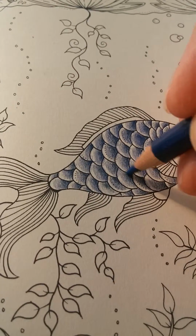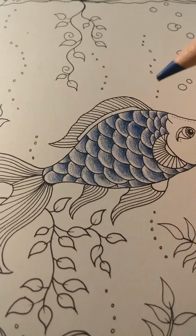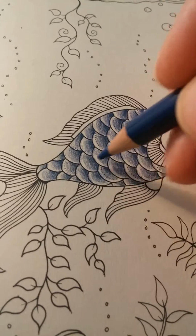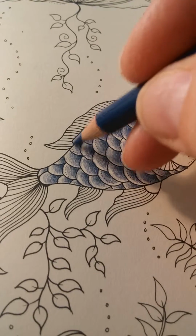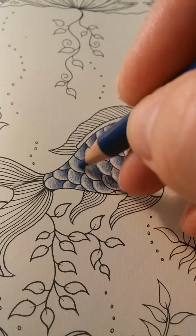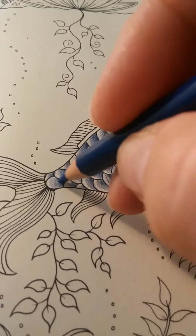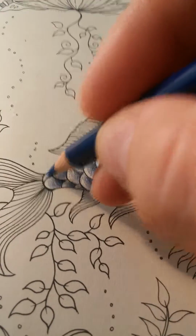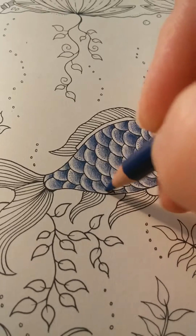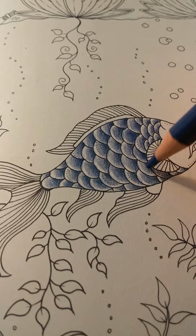I think purple for this fish is quite an original color. Because the first idea that at least I would have was to make them orange or maybe blue-greenish. But I thought, no, I'll think of something else. And then I saw on Facebook just now, someone had colored a bird in this very dark purplish color, and I thought, ooh, I want to make something in kind of that color. It's often how I start a drawing or coloring page, actually. Just thinking, oh, I want to color with this or that pencil. And then I find something and just